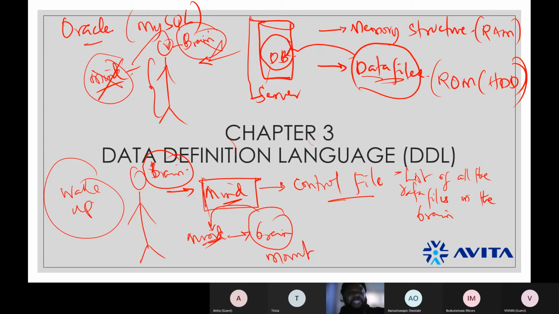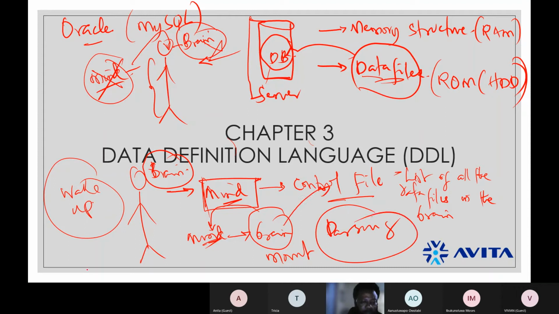Now, when your mind is mounting and somebody asks you a question that you're not very familiar with, what happens? You are going to first of all think about it and begin to check your control file. Of course, you don't know that it's the control file you're checking, but you're checking your brain to say, okay, I know it, right? Now, instantly, what happens? What you did is a parsing in your mind, P-A-R-S-I-N-G, right? Your mind did a parsing on the control file.